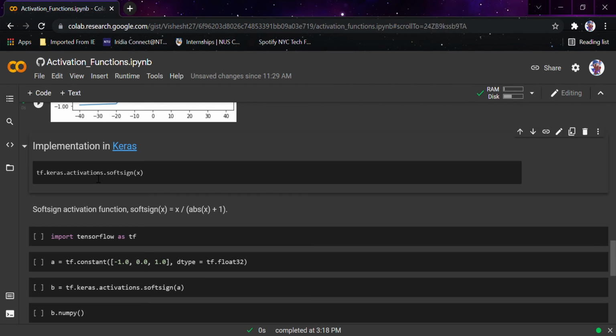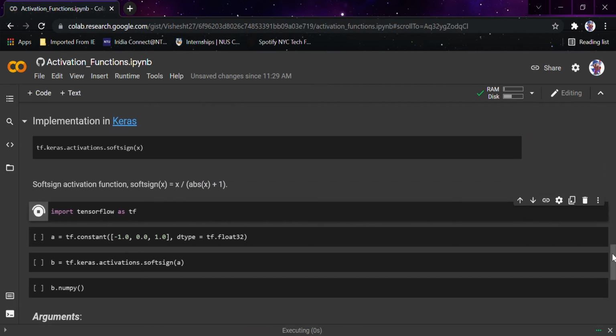You can see tf.keras.activations.softsign of x, and the soft sign activation function is as follows: x upon abs of x plus 1, same as we defined above. For that we would first import TensorFlow. As you know, without TensorFlow how can we use Keras? Just like we used in the previous functions,